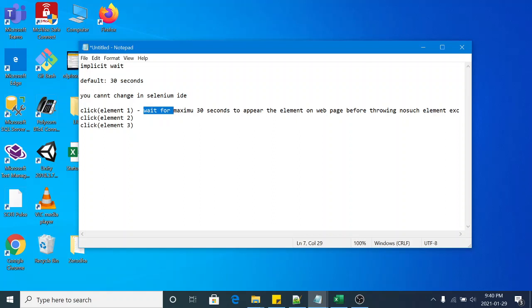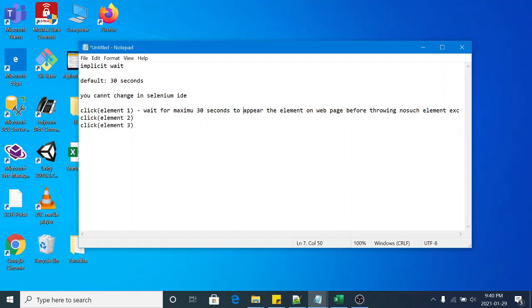In the first case, if the element is visible in the next 30 seconds, let's suppose the element is visible after 15 or 20 seconds, in that case Selenium IDE will click on that element, and it will switch to the next statement. The second scenario is the element is still not visible after 30 seconds.